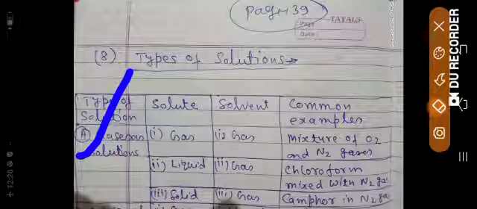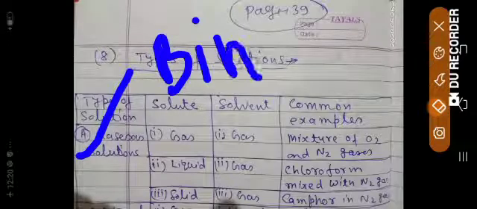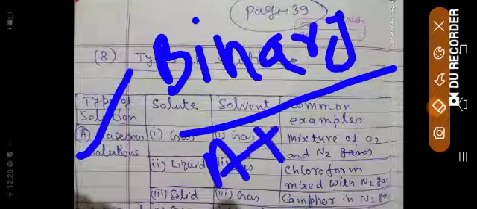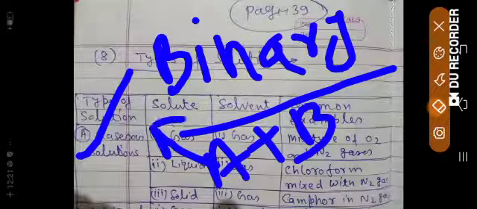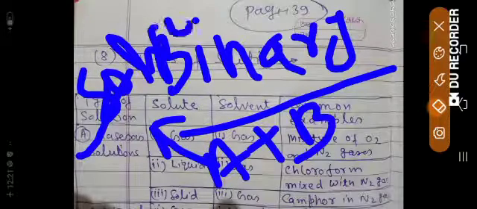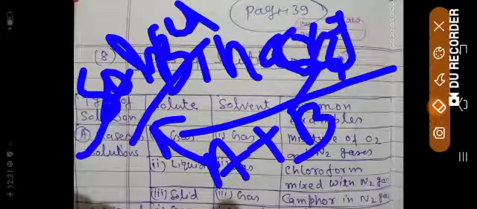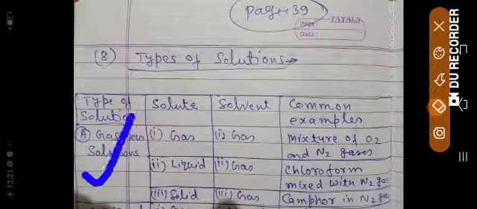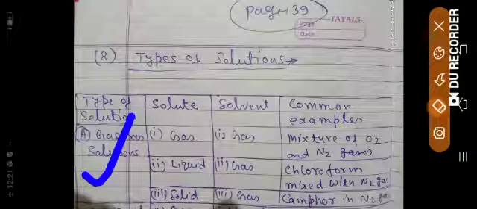As you know, in the solution there are two components mainly. We are discussing the binary solution. If you want to understand this binary solution, then you have to connect with the previous videos where I explained. Binary solutions are those solutions which contain only two components, A and B. A is generally in our notation the solvent, in excess, and B is the solute, which is not in excess. So we have a gaseous solution where the solvent is always gas. So it is clear to you what a gaseous solution is, in which the solvent is gas.